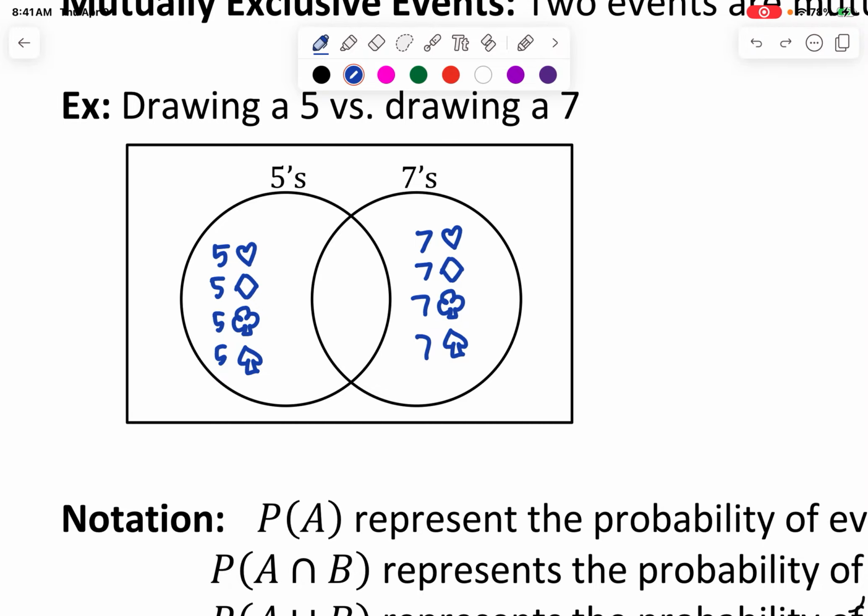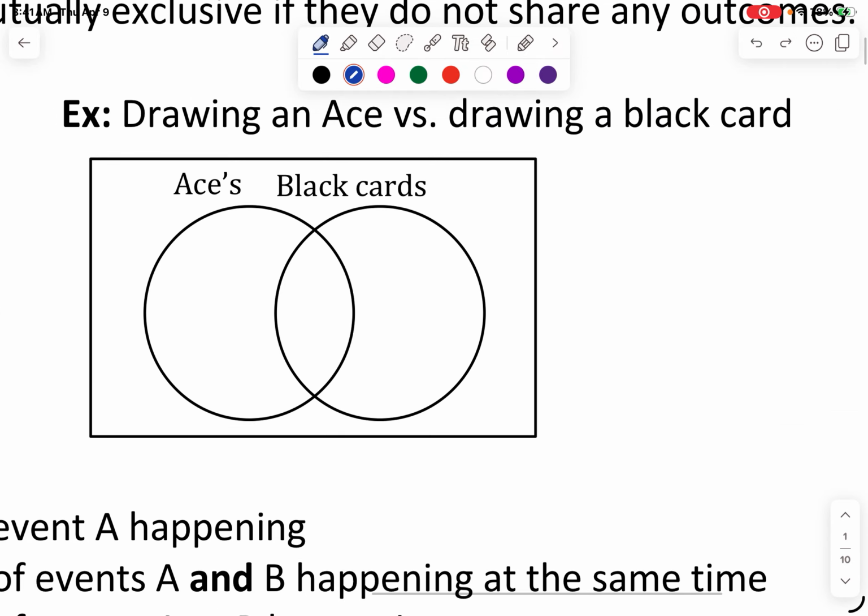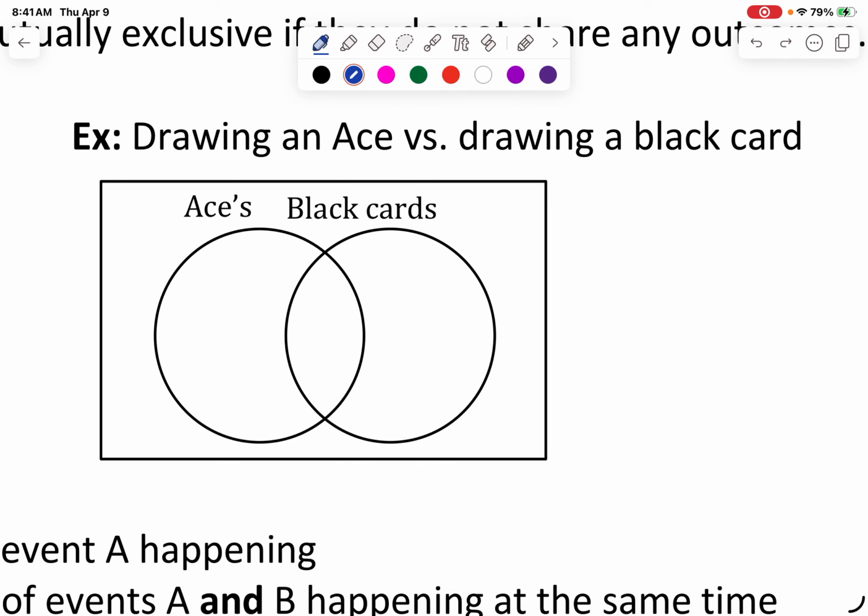Now, if you're like, what? This is an example that is not mutually exclusive, and I think it's easier to make sense of mutually exclusive when you see not mutually exclusive. So if I wanted to look at a deck of cards and asked which cards are aces versus black cards: there are 4 aces in a deck, the ace of hearts, the ace of diamonds, ace of spades, ace of clubs. And then there are 26 black cards in the deck. Half of the deck is black cards. There are 52 cards in the deck, and half of them are black, all right?